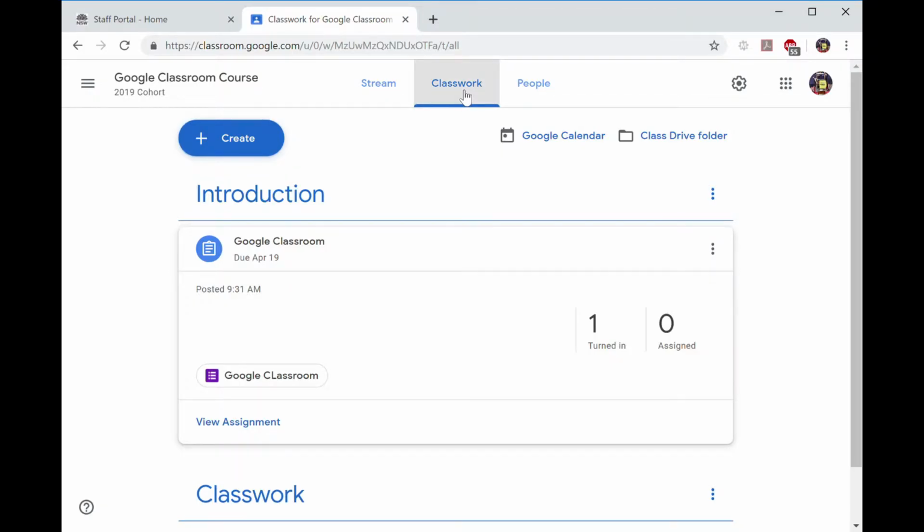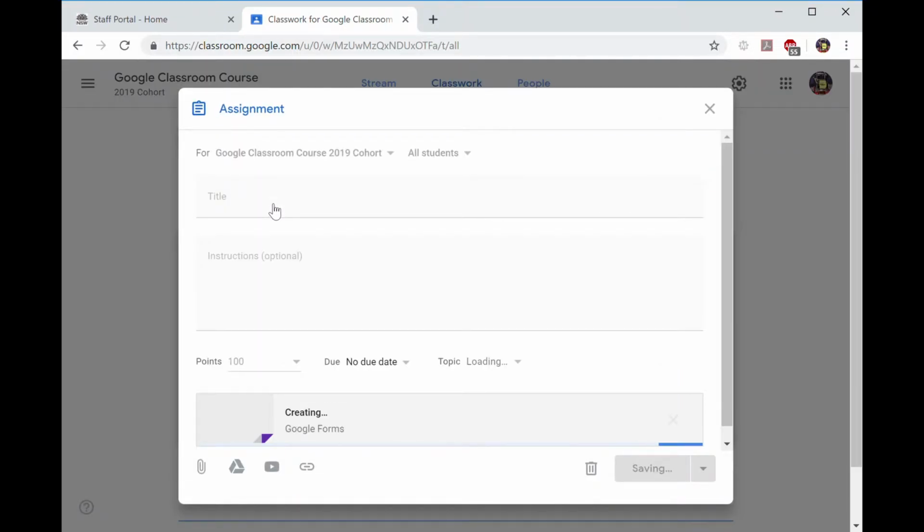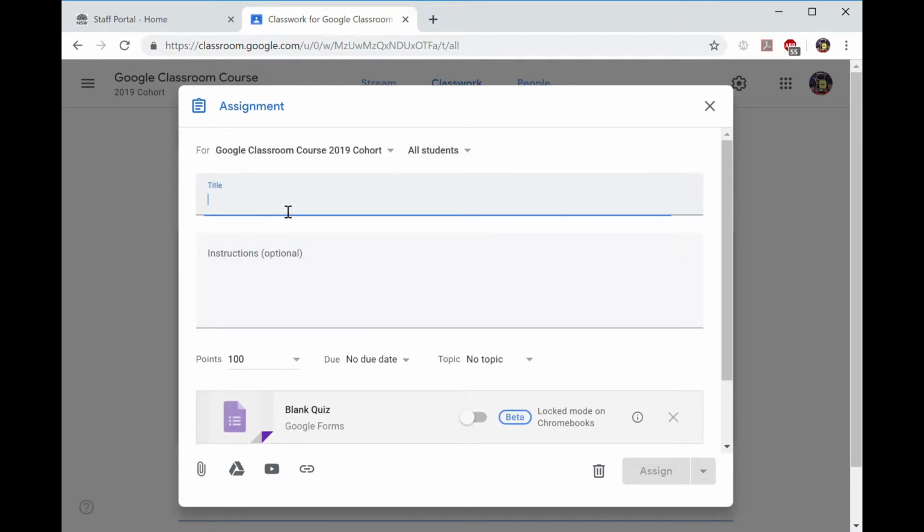Now you know how to create an assignment, we are going to look at quiz assignments. To create a quiz, click on Create and then Quiz. You will see the basic setup is quite similar to the steps of creating an assignment, as the process includes